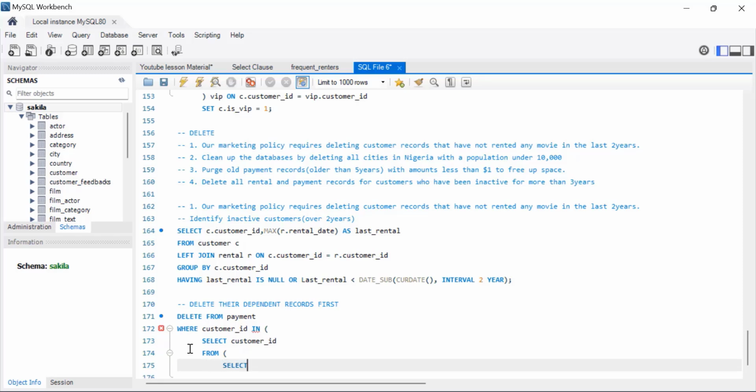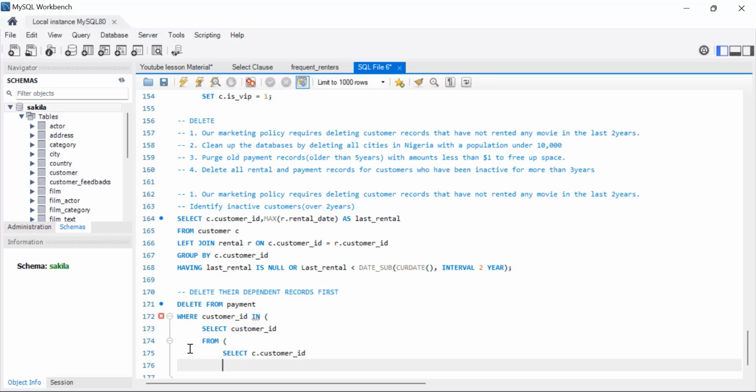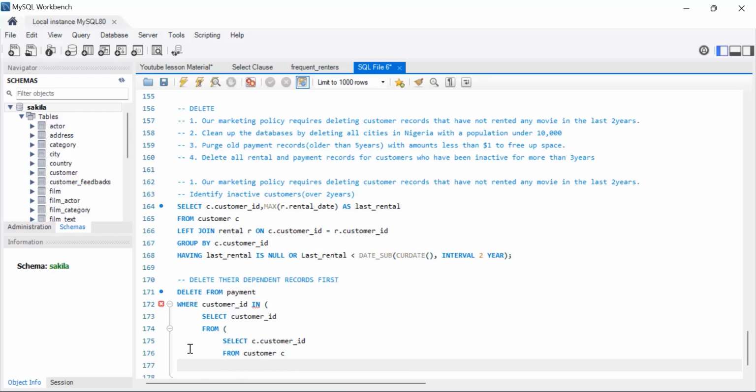Now I will select again. What am I selecting this time around? The customer. What am I picking from customer? Customer_ID, from the customers table. I'll give it an alias of C. Now I will left join renter. I'll give it an alias of R